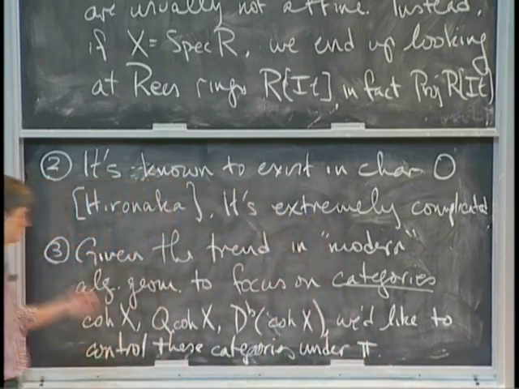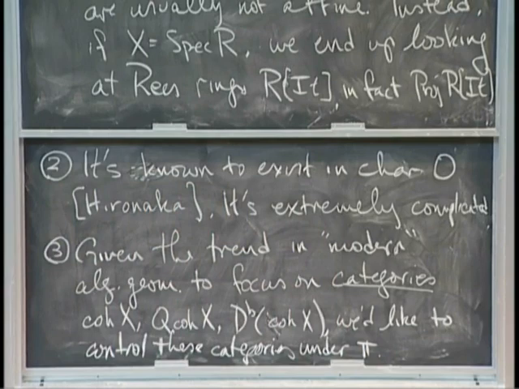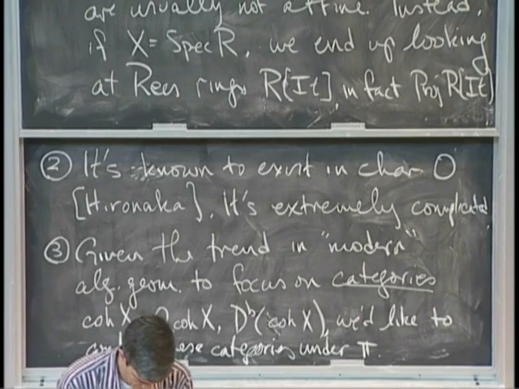Under pi. And there are, in fact, some very precise conjectures for what the effect on some of these categories, particularly the bounded derived category, should be, but mostly this is just whining and complaining, so I don't have to give you particulars. So